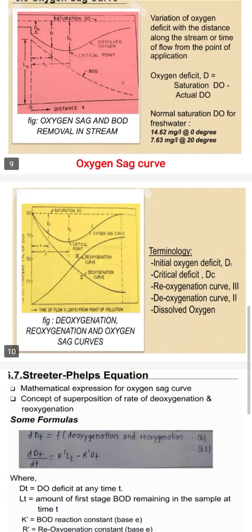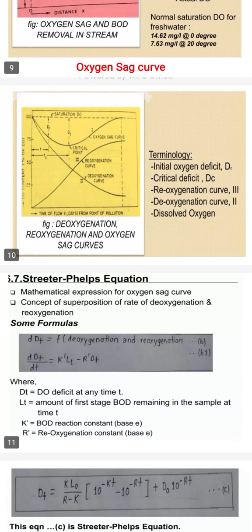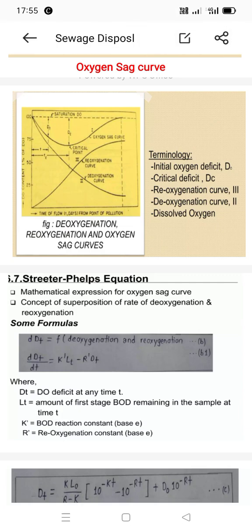The bottom reoxygenation can also be seen from this second graph, the yellow one, which indicates the oxygen replenishment plus the decomposition, that is deoxygenation, what we call. Deoxygenation is nothing but oxygen used by the organic matter in sewage from the river water, and reoxygenation is mainly by means of the absorption of air from the atmosphere by the river water. So this is what is going to happen in this